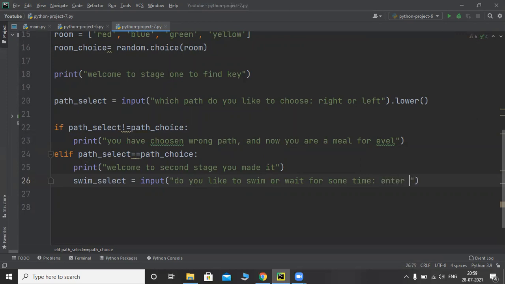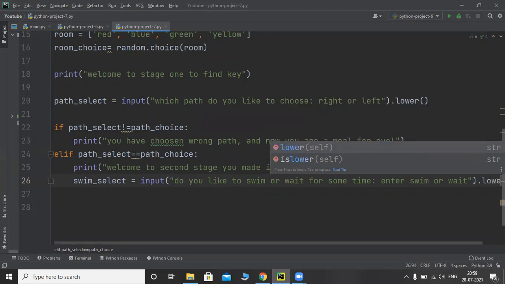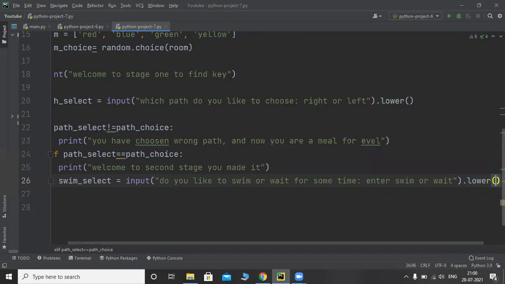Enter swim or wait. And then I will convert it to lowercase.